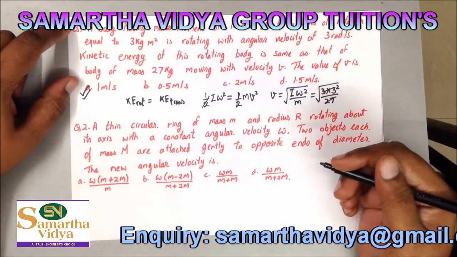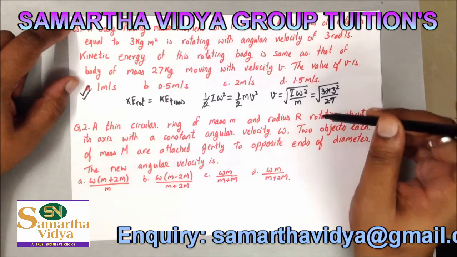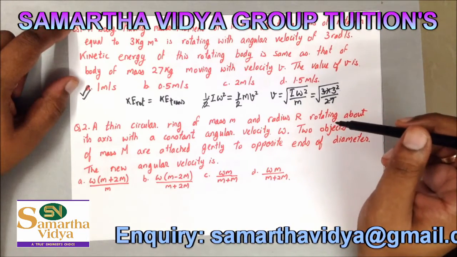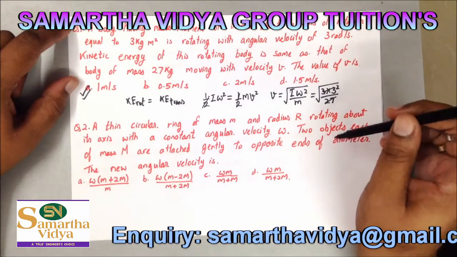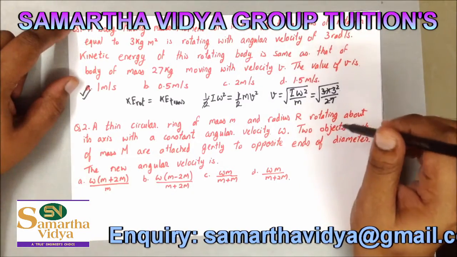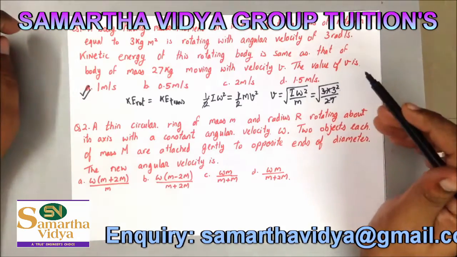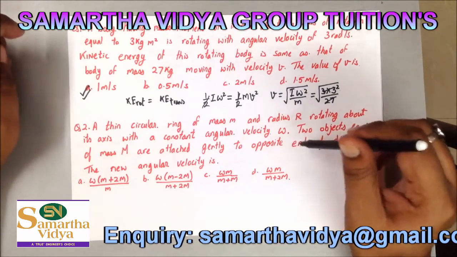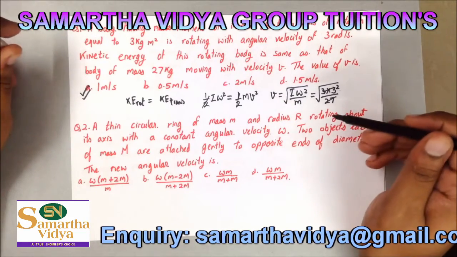Moving to the second one, we have a thin circular ring of mass m, and its radius is r. It is rotating about its axis with an angular velocity of omega. Two objects, each of mass capital M, are attached to it gently. That means basically there is no jerk present, it is not disturbing the system. They are attached on the opposite ends of the diameter, and I need to find what is going to be